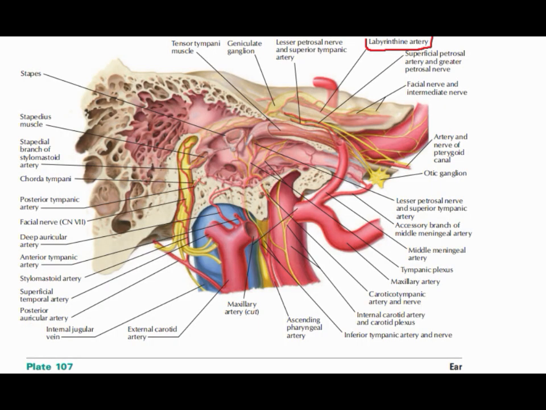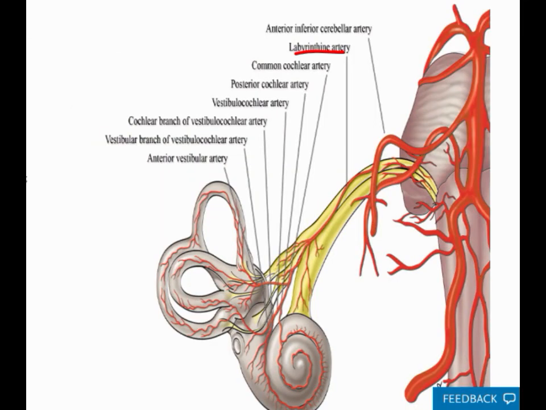The membranous labyrinth is supplied by the labyrinthine artery, which either arises from the anteroinferior cerebellar artery or is a direct branch of the basilar artery. Whatever its origin, it enters the internal acoustic meatus with the facial and vestibulocochlear nerves and eventually divides into a cochlear branch, which passes through the modiolus and supplies the cochlear duct, and one or two vestibular branches, which